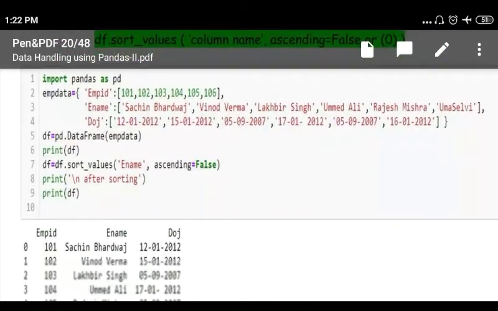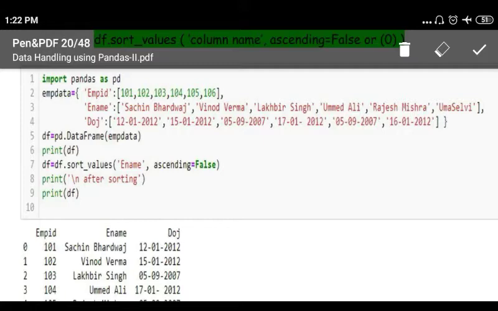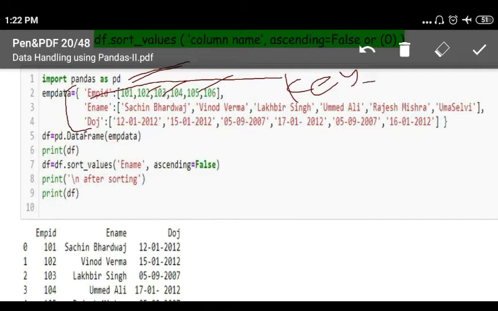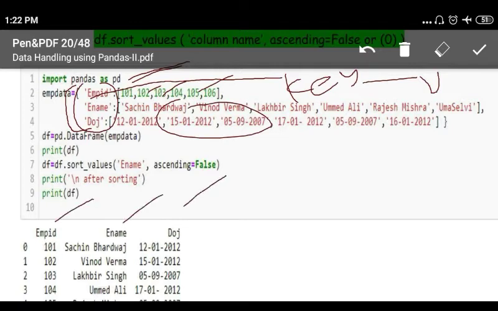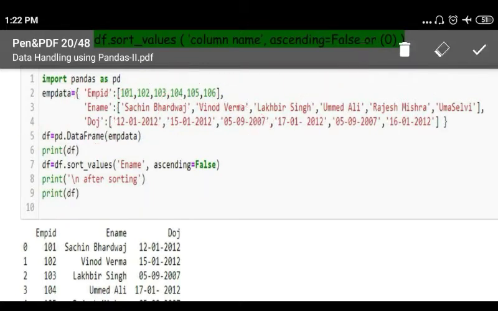See, this is one data frame. So this is the import statement. These are the values for the dictionary. This is the key, and these are the values for this particular key. So this will become the columns, and this will become the data values. See, 1, 2, 3 columns are there, and from line number 5 we have created the dictionary. Line number 6 will print the dictionary. Line number 7 is the important one.